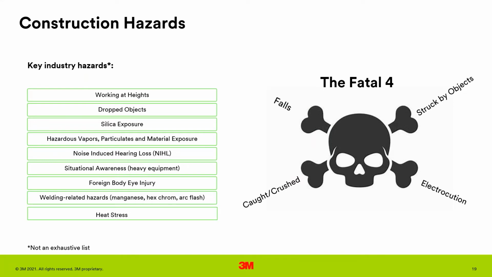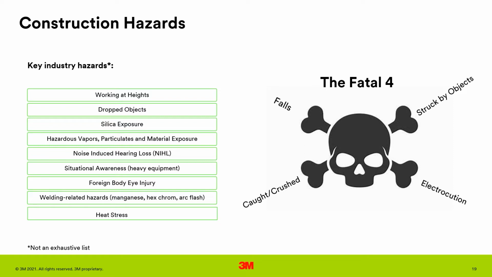So what are some of the key hazards that you're going to find in construction? There's 2 ways to think about it. If you are around construction safety and health professionals for any length of time, they'll frequently refer to the fatal 4, and that is related to falls, struck by objects, getting caught or crushed in something, or being electrocuted. So these are like the Pareto principle, the 80-20, the majority of the accidents are related to these types of